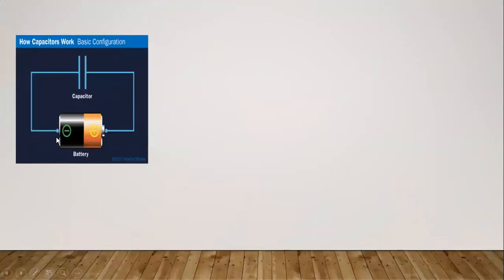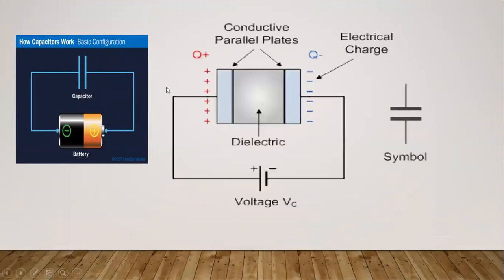Okay, now you can see that this is a simple circuit, this is a capacitor, and this is the basic configuration of how it is connected. Basically, a capacitor has two leads and it can be connected to either the positive or negative side of the battery, except the electrolytic capacitor, whose polarity has to be checked before connecting in the circuit.